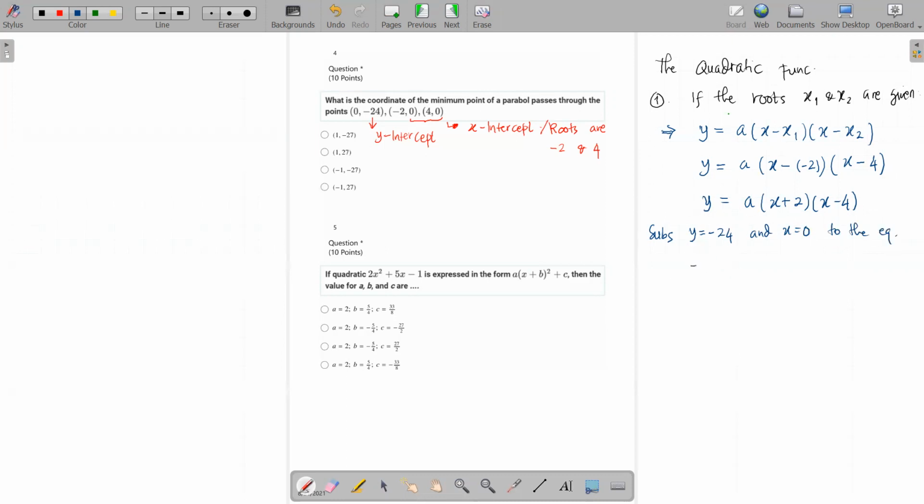And therefore we'll get -24 equals a times (0 plus 2) times (0 minus 4). So -24 equals a multiplied by 2 is 2a, multiplied by -4, so it will be negative